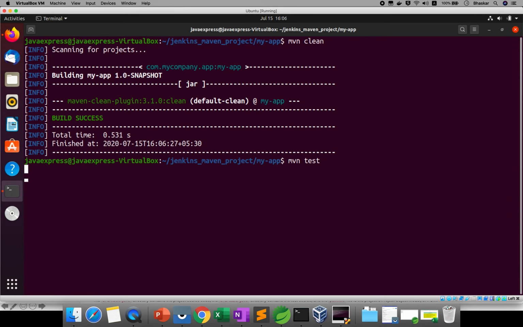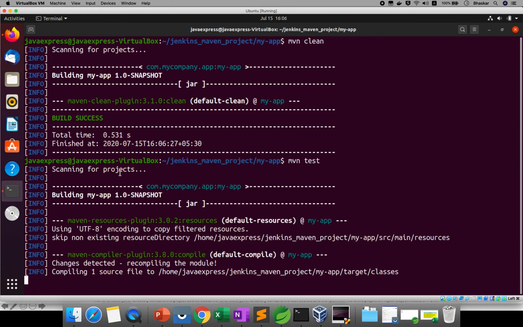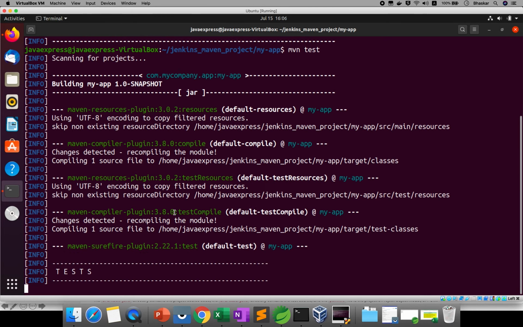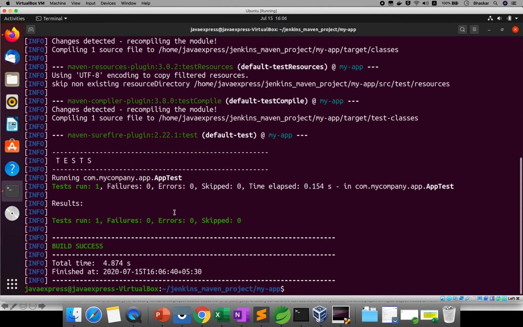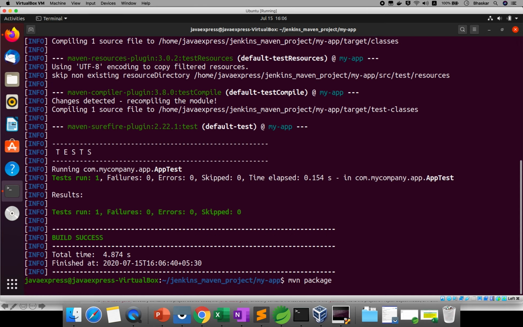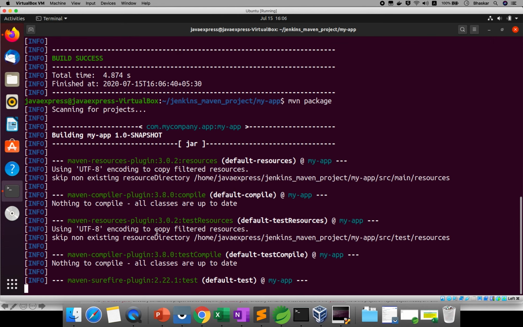If I run it here, it will run all the test cases. Once these two steps are completed, then you need to get the target jar file, the output. What you will do is mvn package. If you see, it will generate one output file.